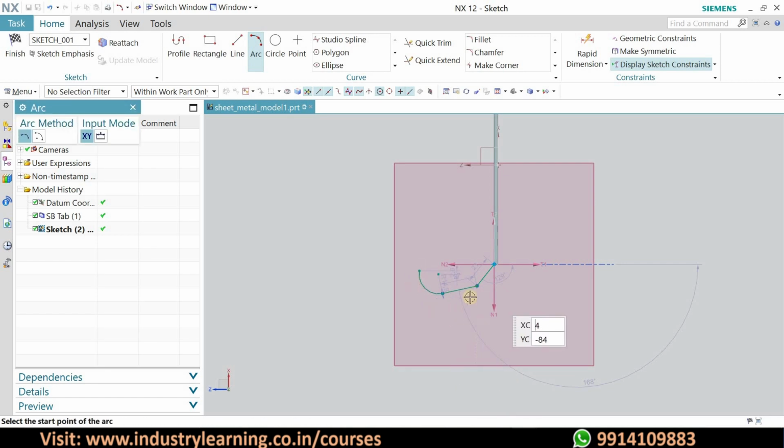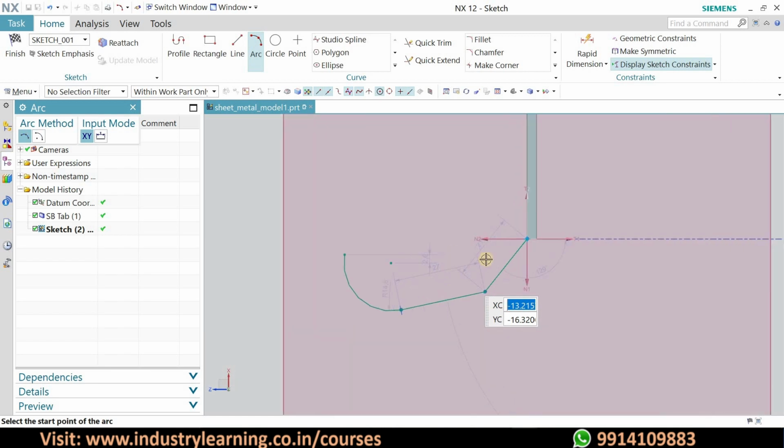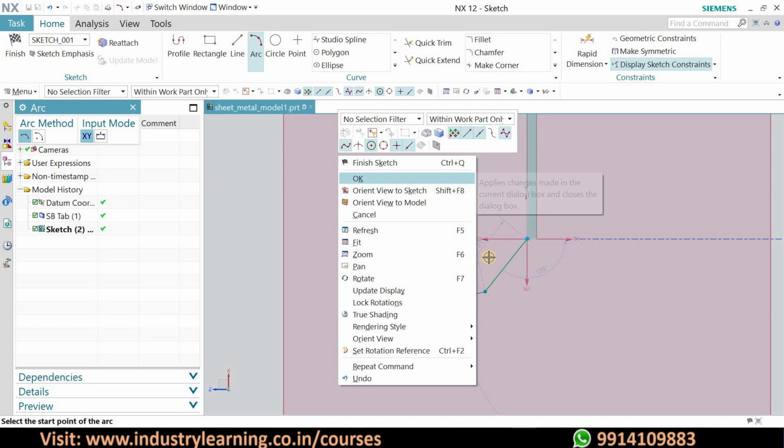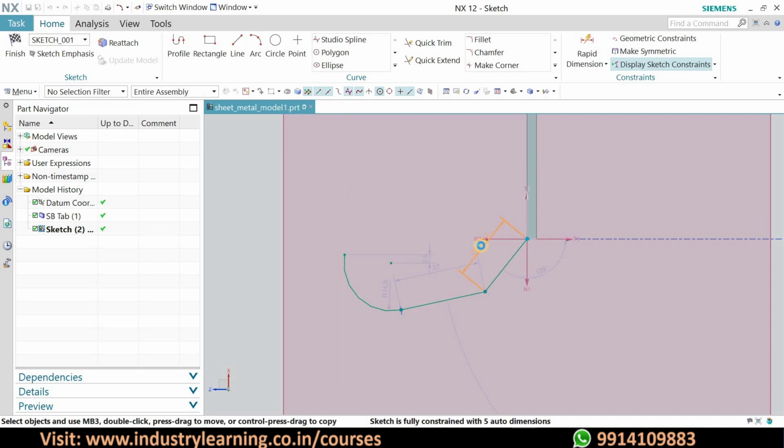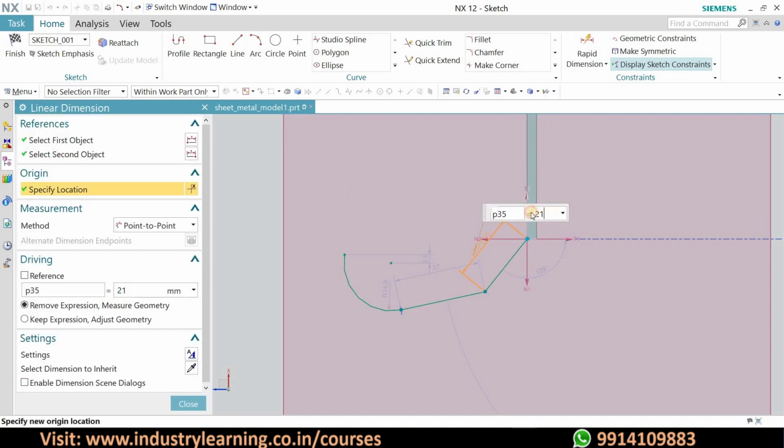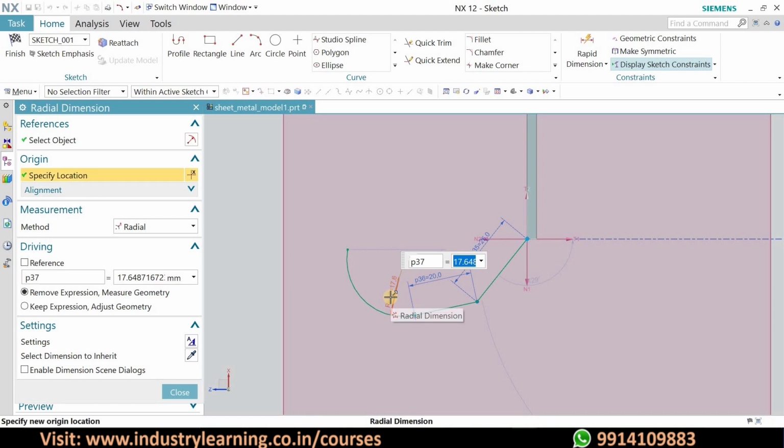And we can define this dimension also, and for that we can double click here, and instead of 20, we can define this 25. This is 32, we can define this as 20, and this radius, that is 17, we can define as 20.